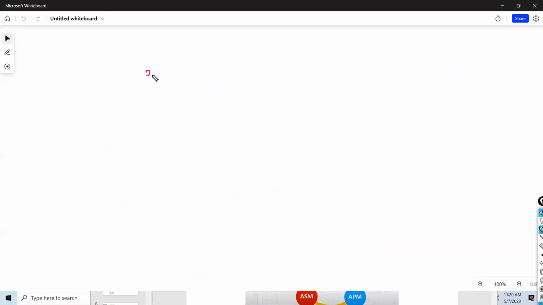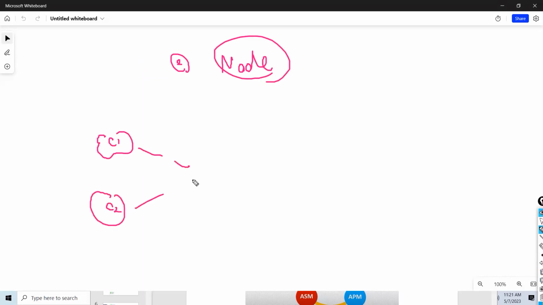Second term, node. What is a node in F5? Let me draw up the topology. Then I have F5. Then I have servers.